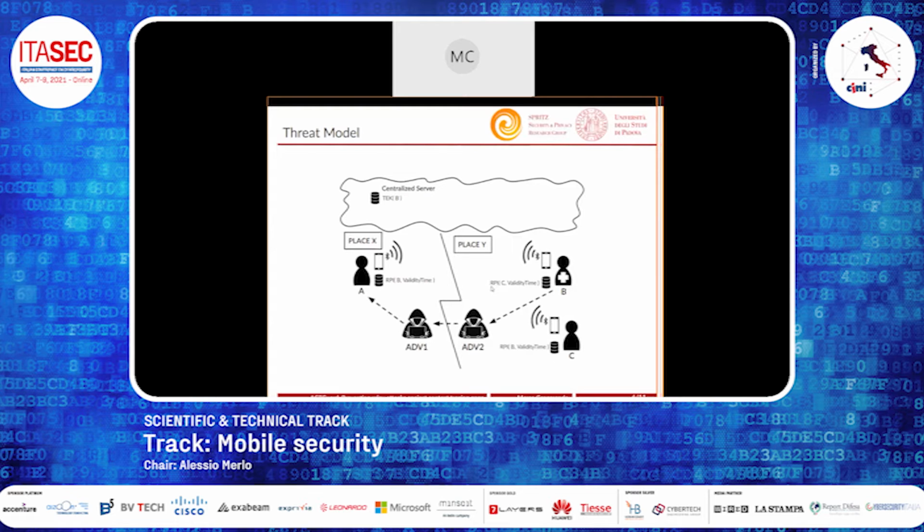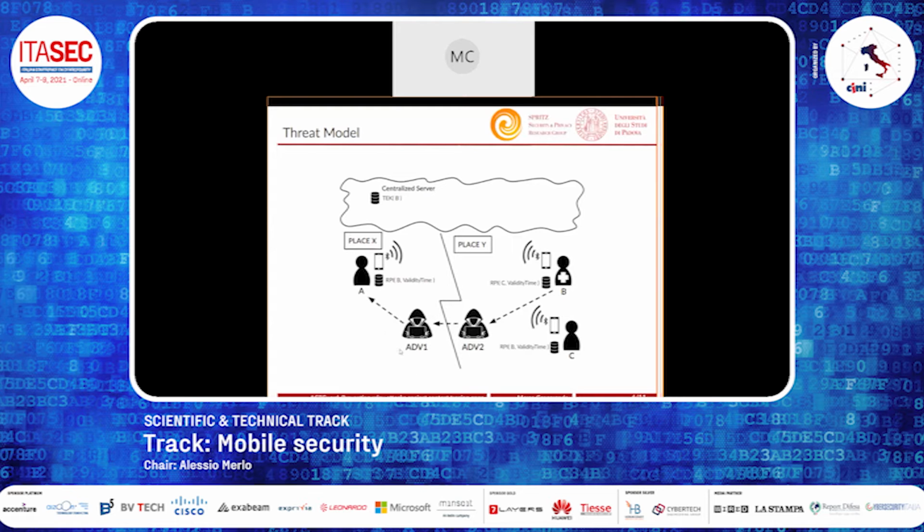B and C utilize apps like Immuni, for example, and exchange the identifiers. In this case, we call them rolling proximity identifiers, RPI. This is just an identifier. So B stores the identifier from C, and C stores the identifier received from B. Also, we have the adversary 2, which is a stalker and follows B.